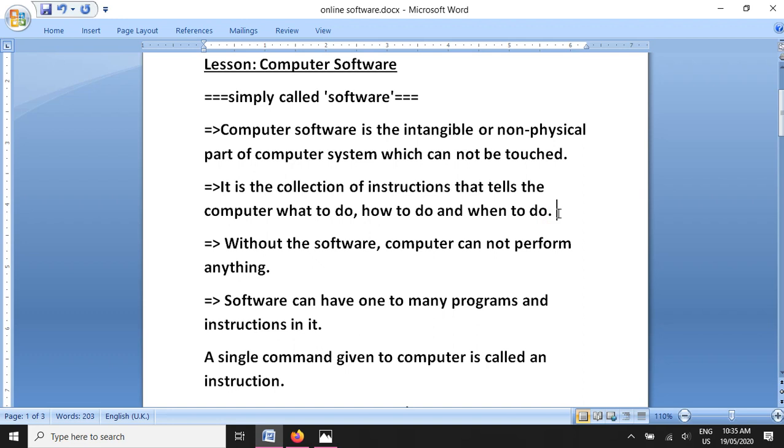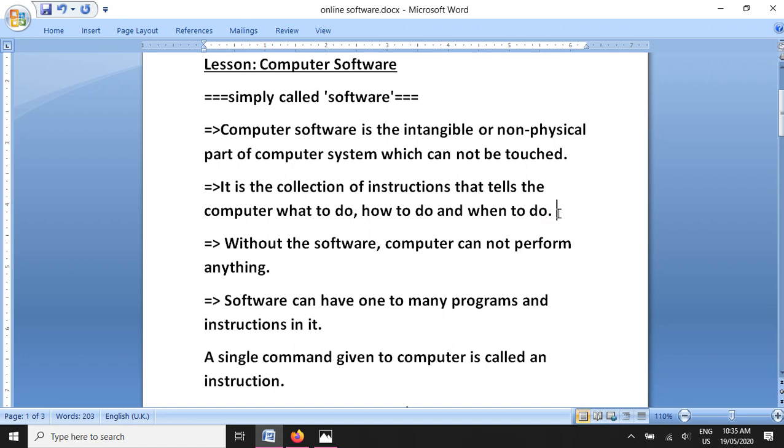Once we give instructions to the computer, they will be followed step by step, so we don't have to operate the computer regularly. We can write the instructions one time and run them inside the computer. After that, the computer will automatically carry out all the instructions written in that program or software.